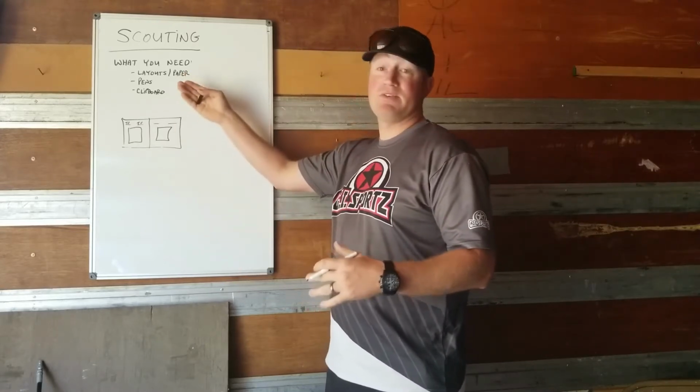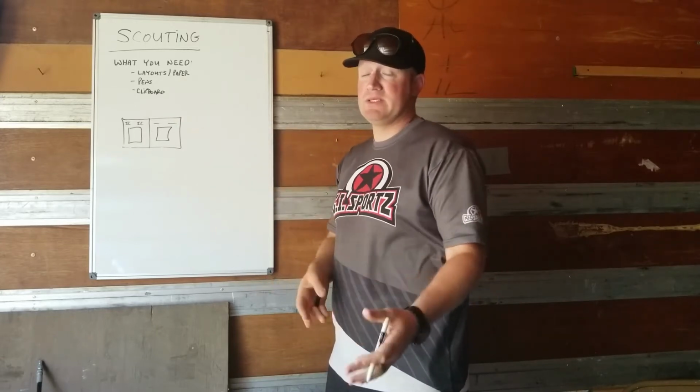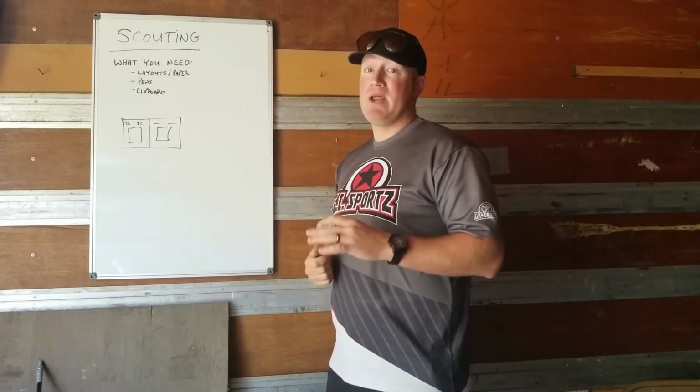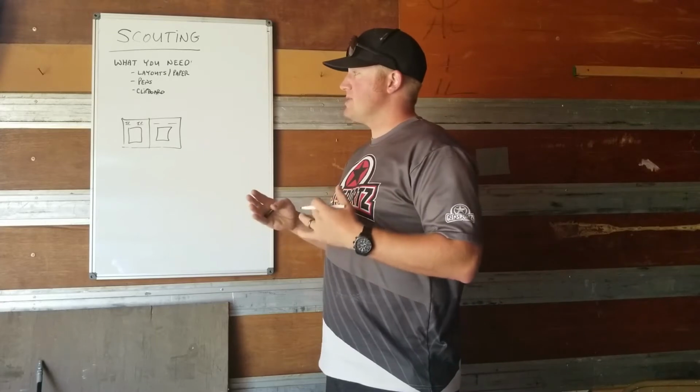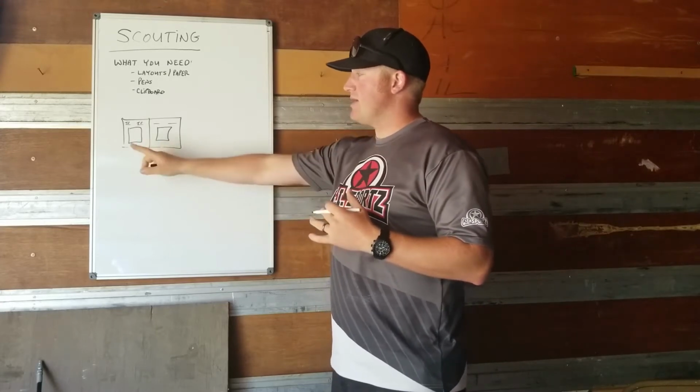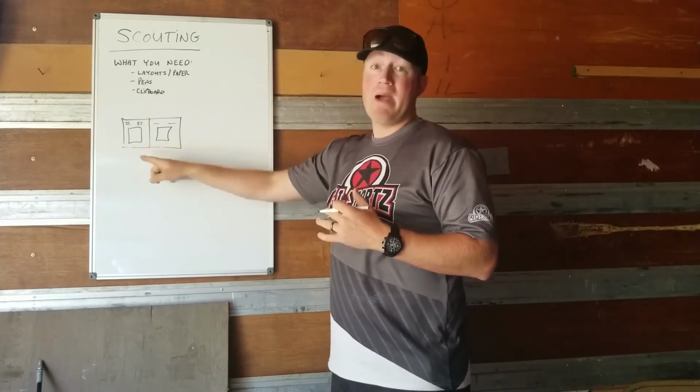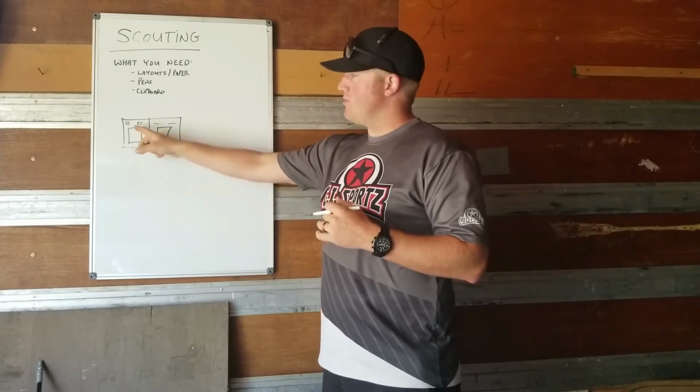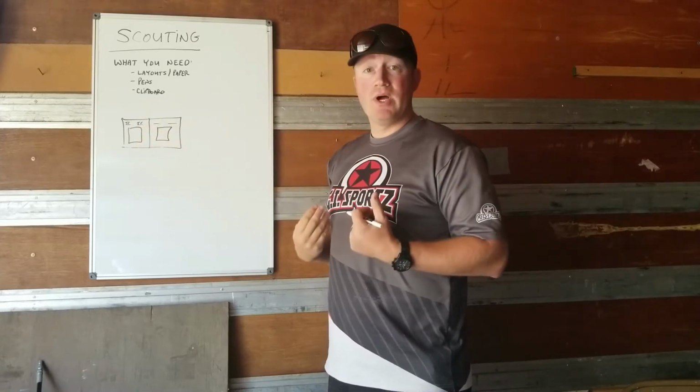But you can print off just blank layouts, right? You can bring just pieces of paper to map that out, right? But there's a couple ways when you're scouting to document this. I like to do it this way, where I've got a map for each game, so I can go through and mark down where the team that I'm watching went.